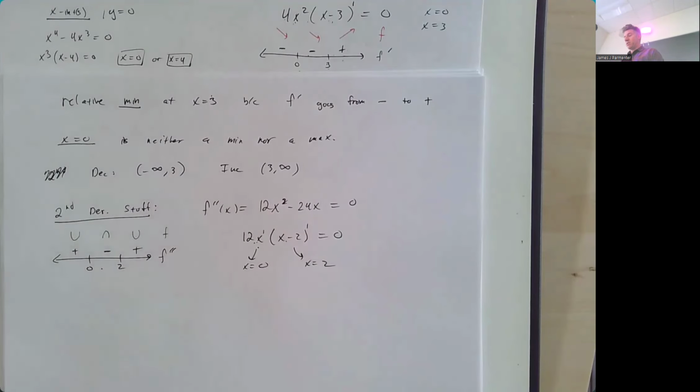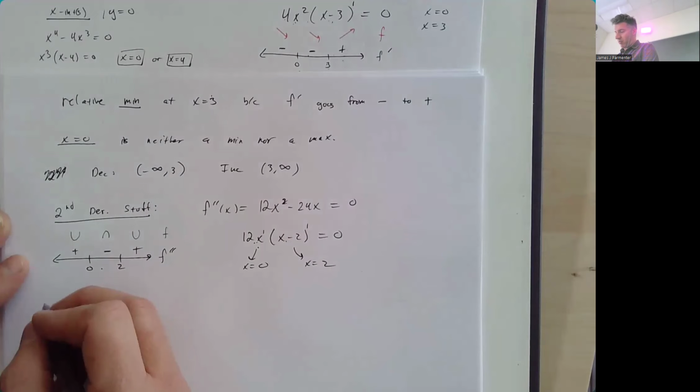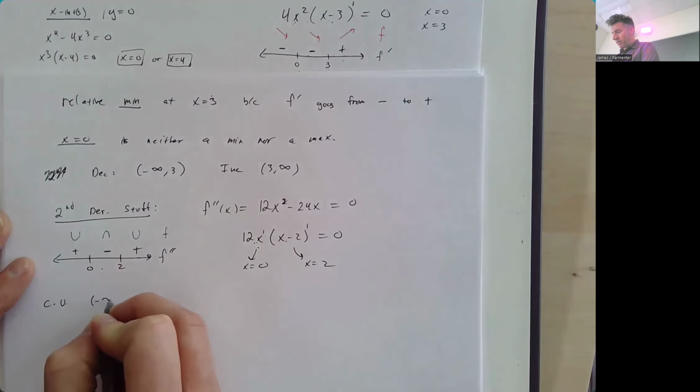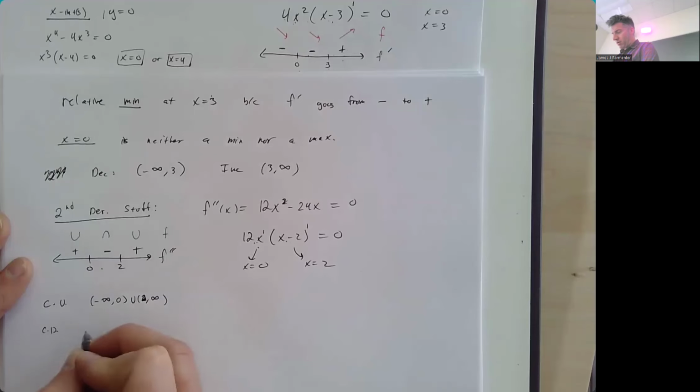So if someone asked you where this function was concave up or down, you would say it was concave up on the interval from -infinity to 0, union 2 to infinity, sorry about that, and concave down from 0